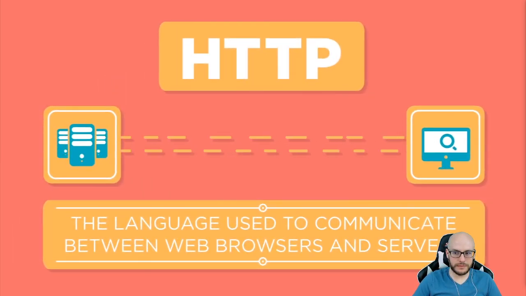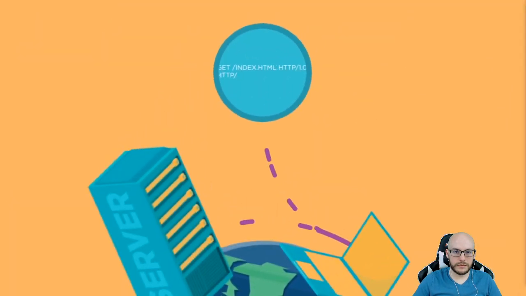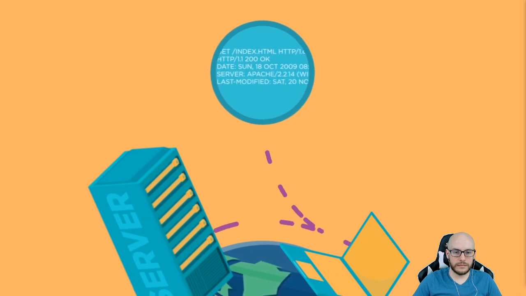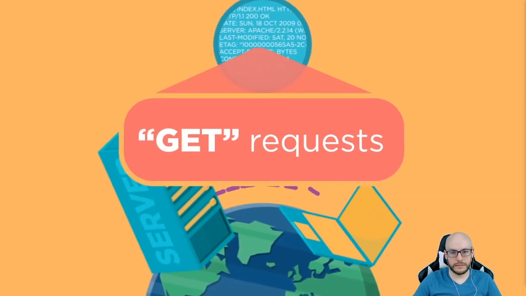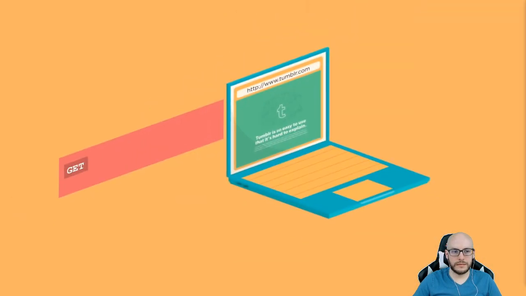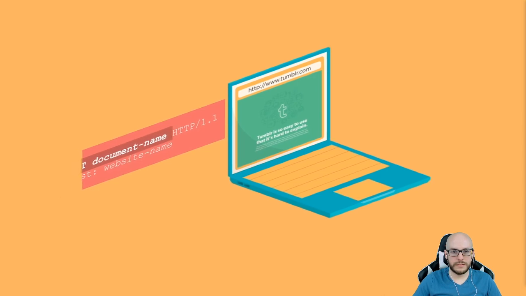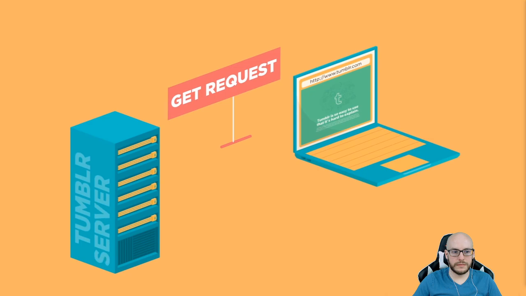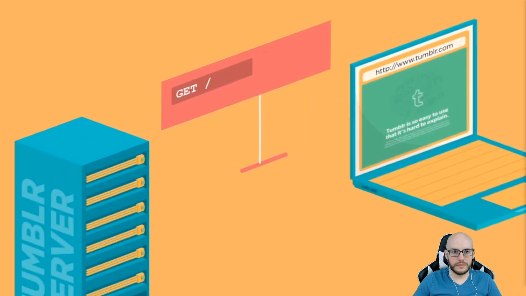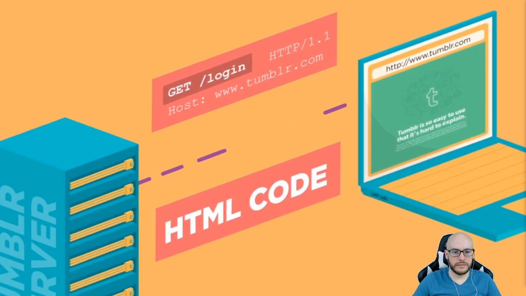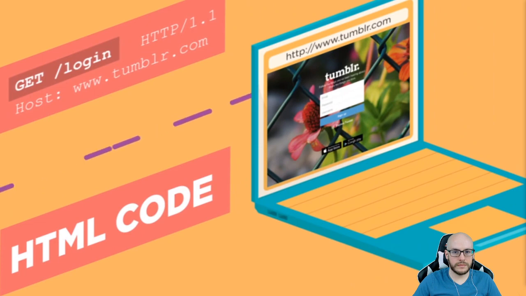And HTTP stands for Hypertext Transfer Protocol. And you can kind of think of it as the language that one computer uses to ask another computer for a document. And it's actually really pretty straightforward. If you were to intercept the conversation between your computer and a web server on the internet, it's mainly made up of something called GET requests. And those are really very simply the word GET and then the name of the document that you're requesting. So if you're trying to log into Tumblr and load our login page, all you're doing is sending a GET request to Tumblr's server that says